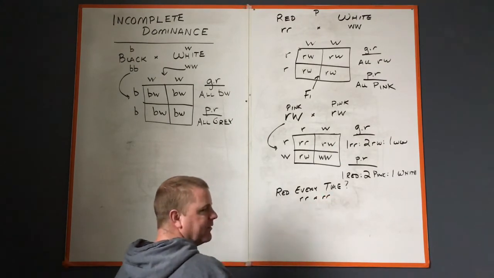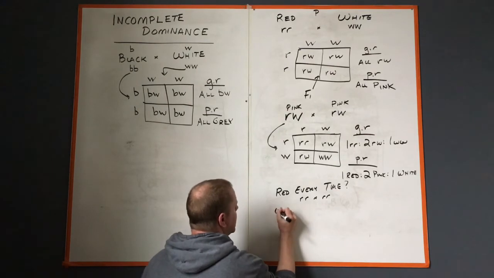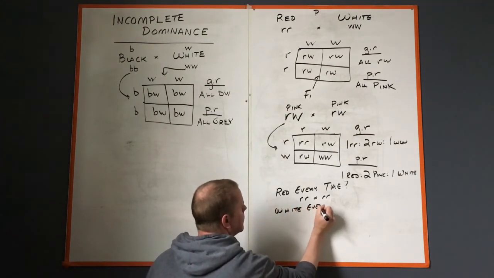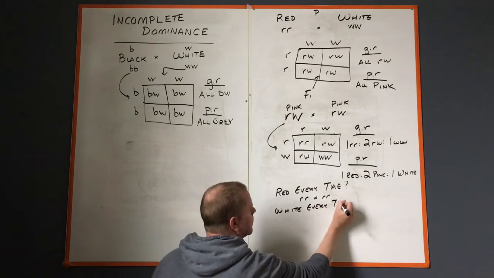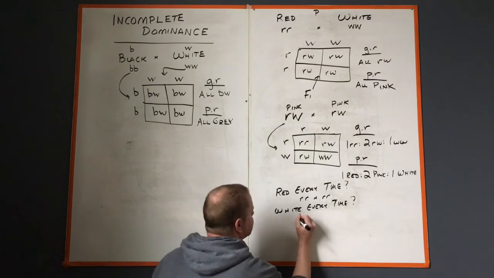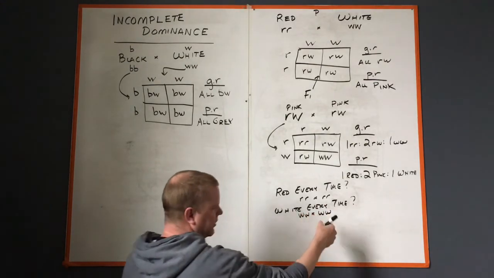Would I get a red every time in the answer? Yeah. What if I wanted to get a white every time? Same thing, right? I could take a white, cross with a white, I'm just going to get W's all the